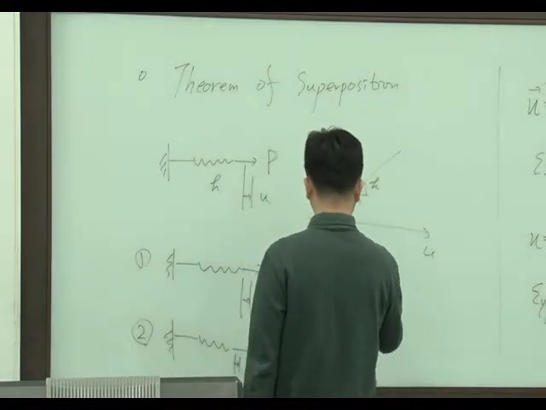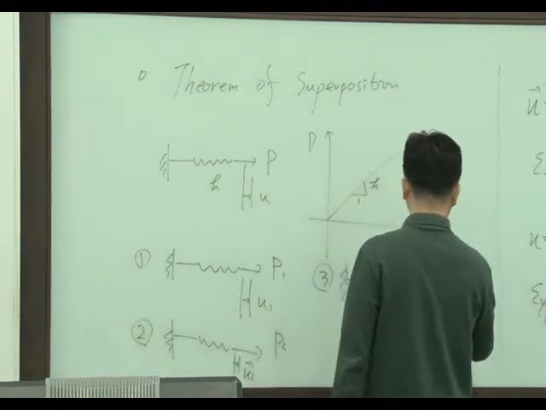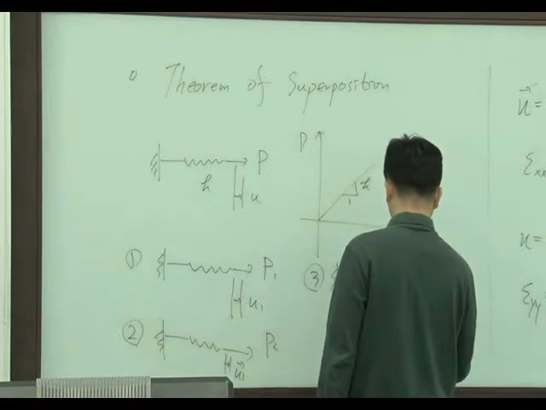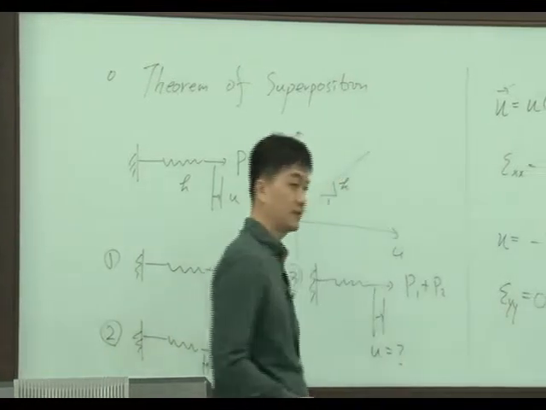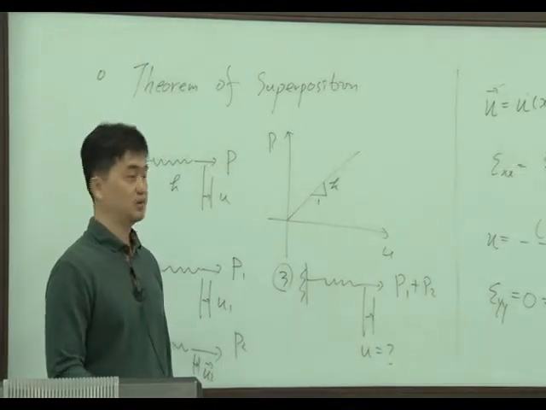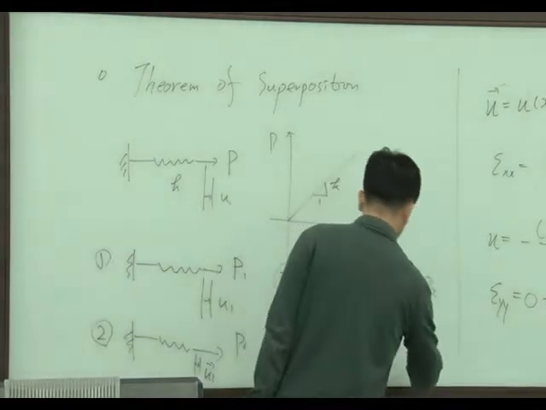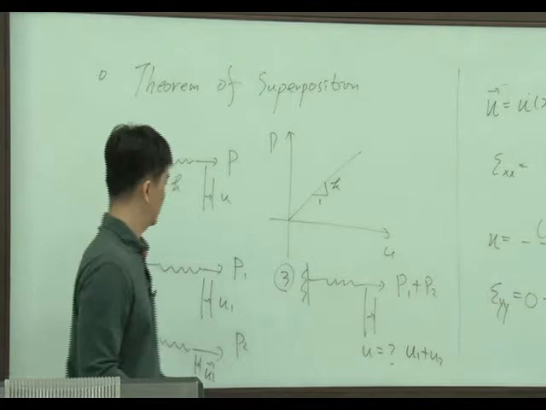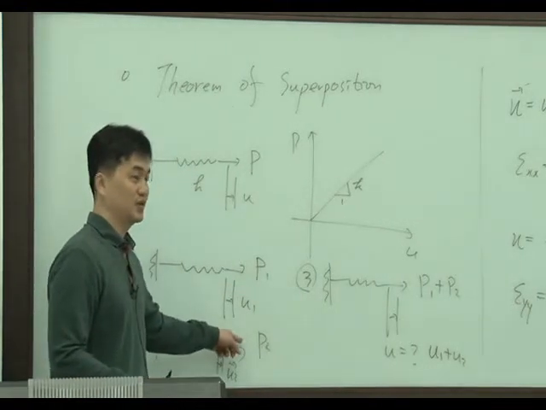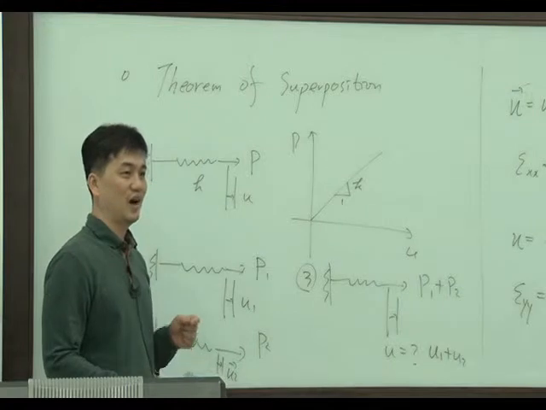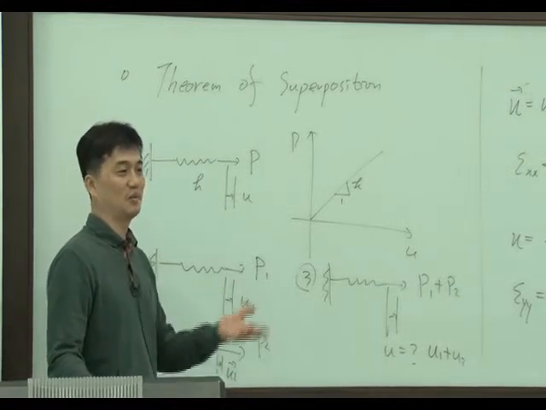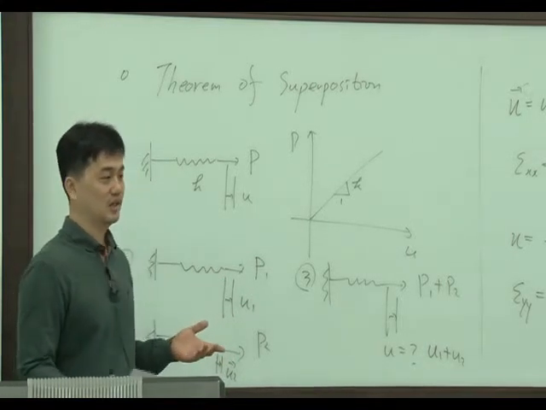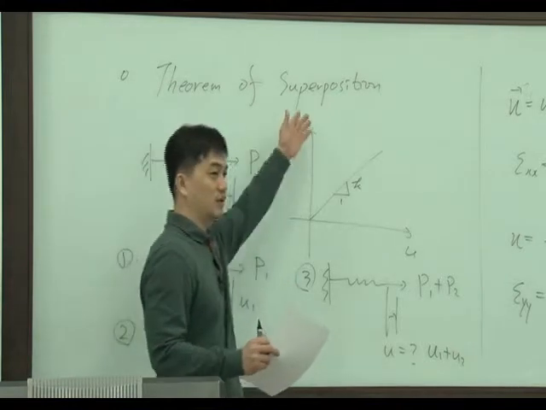Then third time, I'm going to apply P1 plus P2. Then what's going to be the displacement U? Displacement becomes just simply U1 plus U2. This is superposition, right? Input, if you add input, output become the sum of both. This only holds for linear